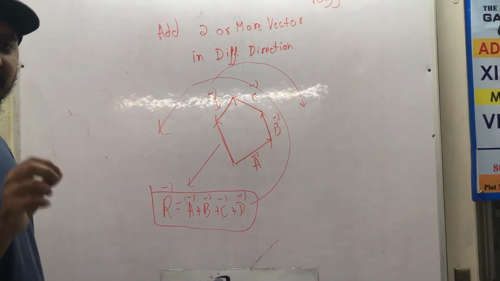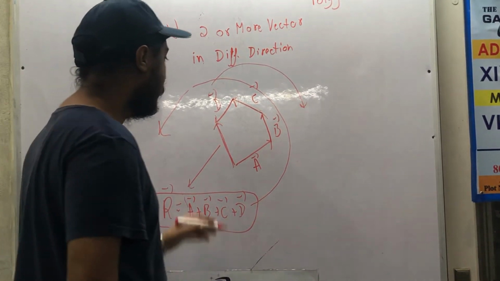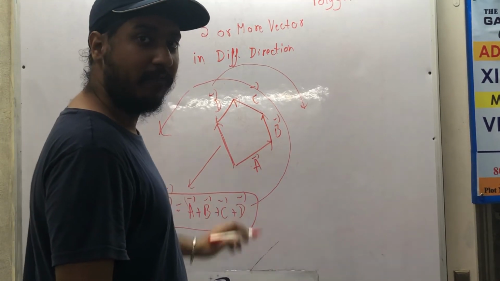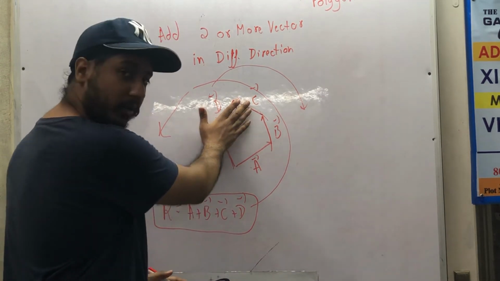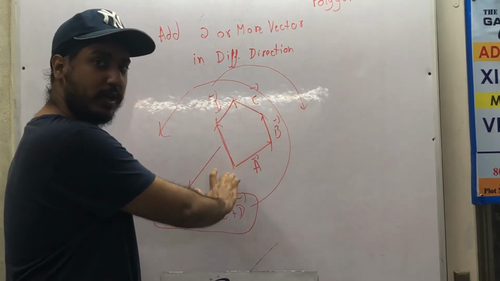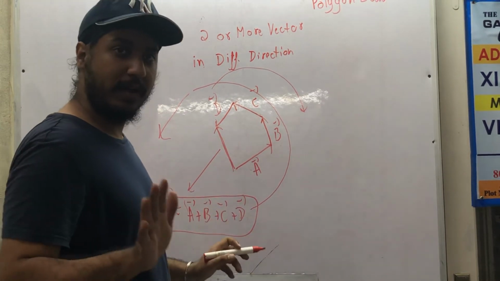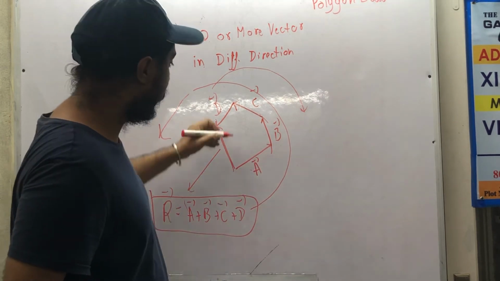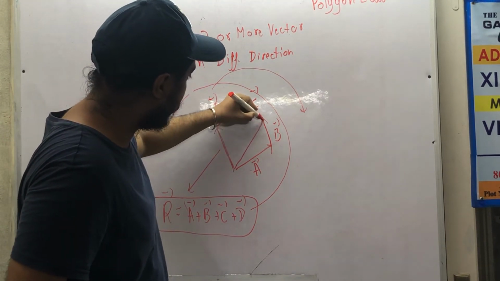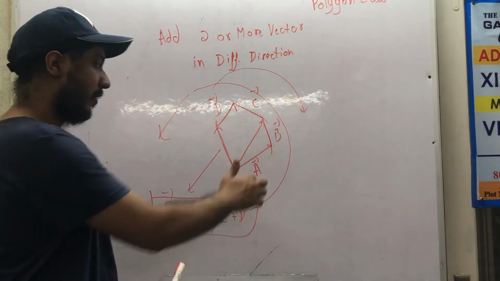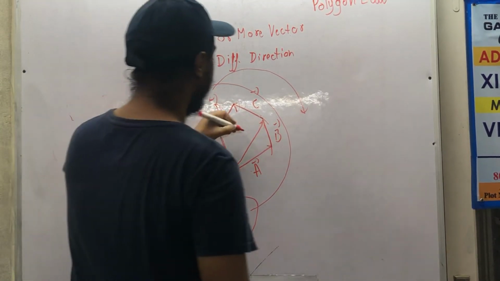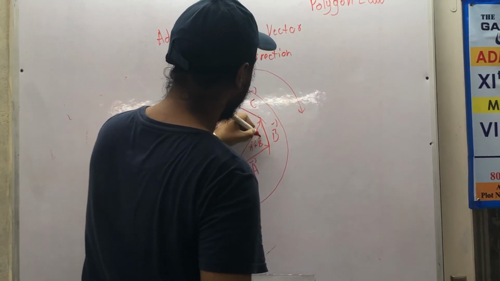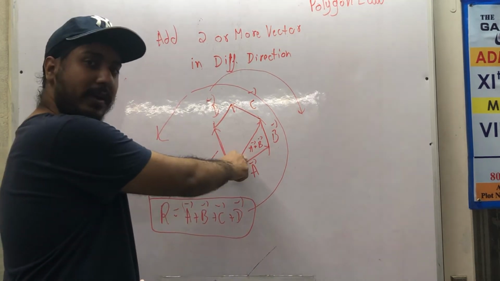I told you it is an extension of triangle law. So let us first see the first 2 sides, vectors A and B. Forget the rest for now. Only look at these 2 sides. These are the 2 sides of a triangle, as you all know. Now what will be the resultant of these 2 vectors? It will be in this direction, represented by the 3rd side, the closing side of this triangle, and it will be given by A plus B.